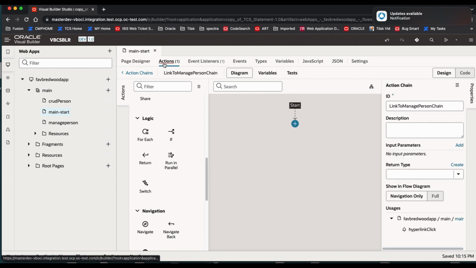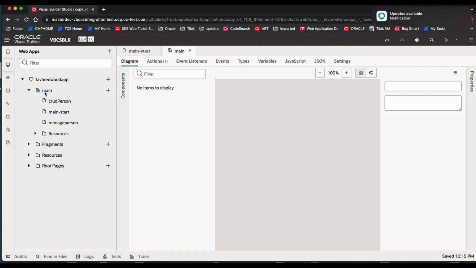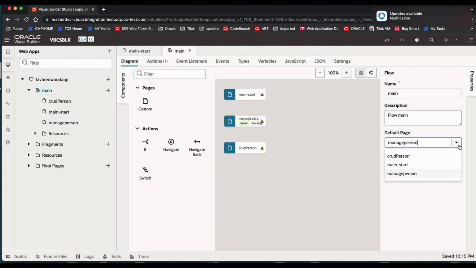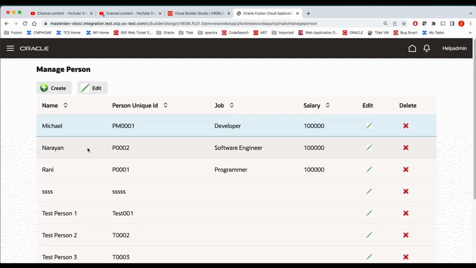Now we are going to the main. We make it the main start as the default page. So what is happening here is this page will always call that navigation page. Then we can call whatever we want. Every time we don't have to change this property for our testing purpose. We go there. Now you take to the manage person, like you can edit